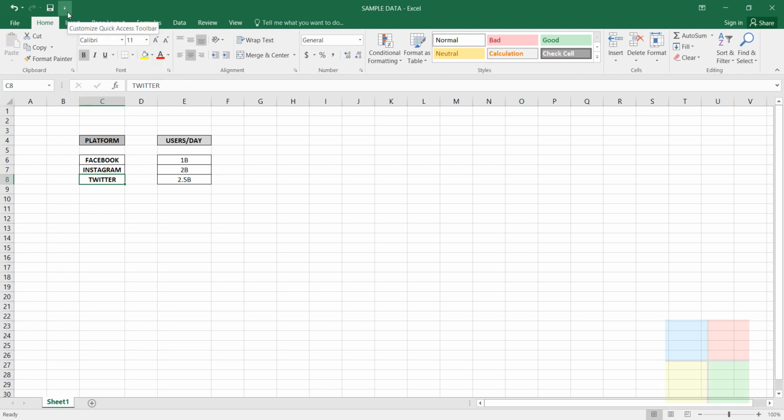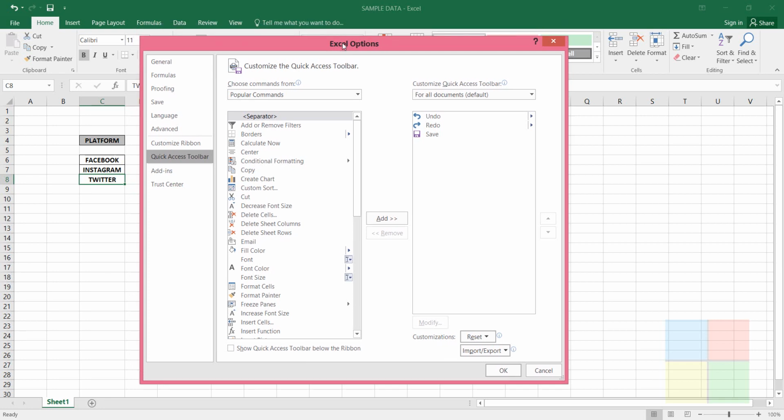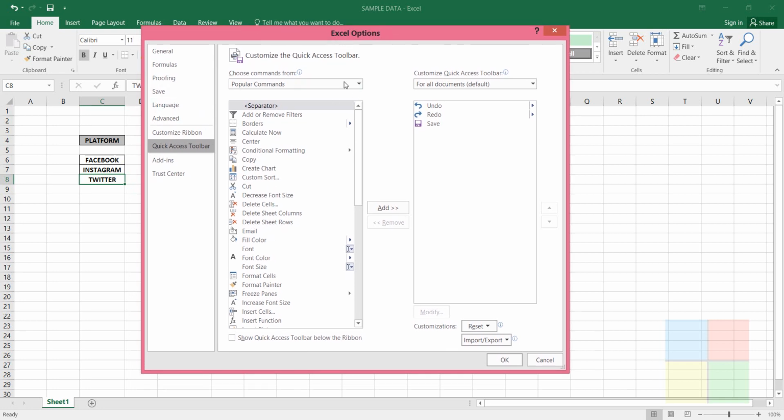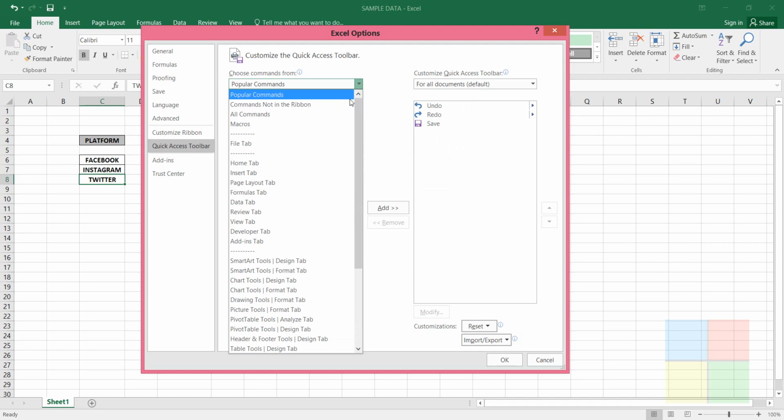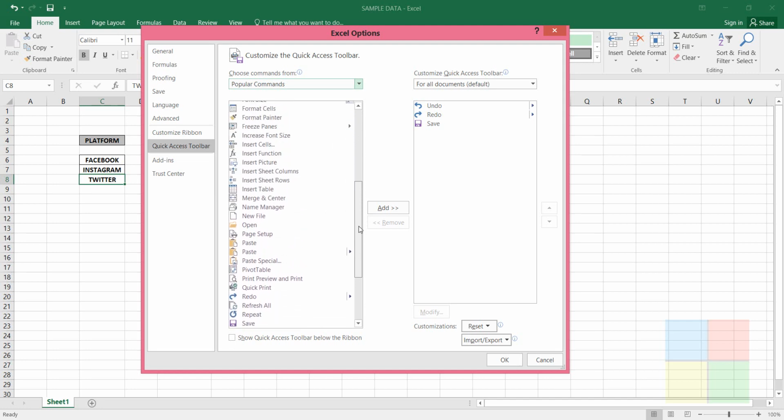In the same way, if you click on the drop down, you can come to more commands here. When you click that, you see a dialog box like this, and from this drop down you can select popular commands. You have some 20 to 30 commands here, which are most used or frequently used.